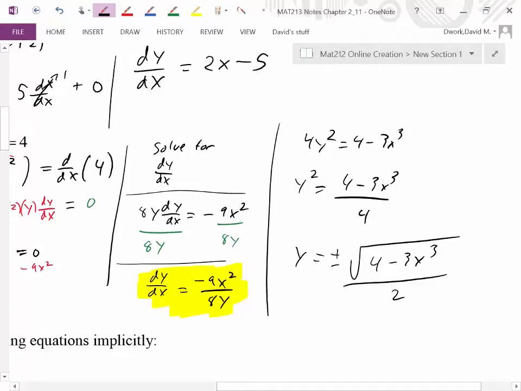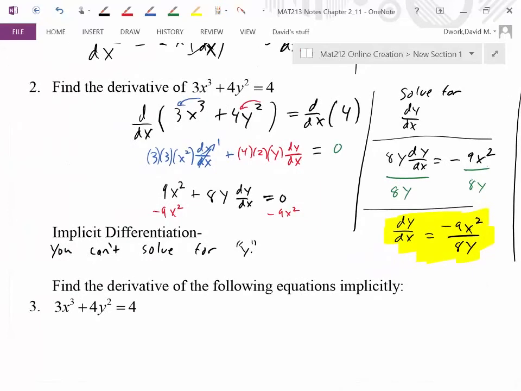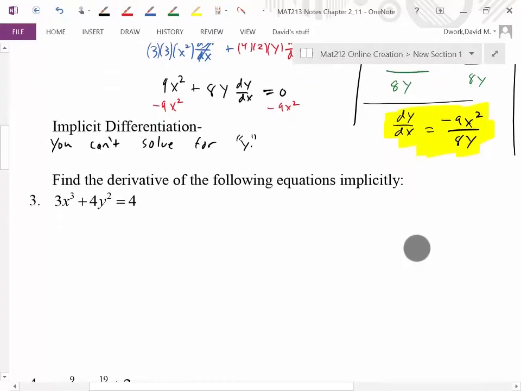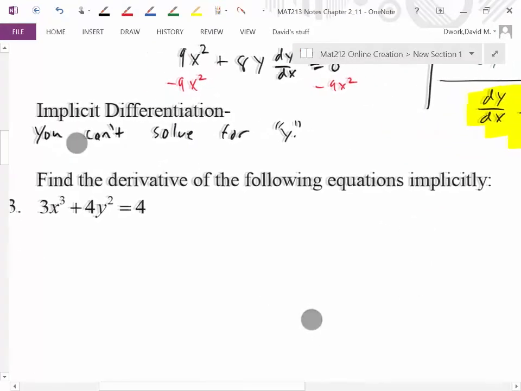There's no reason to make the formula so cumbersome and horrible. So don't. I hope that's kind of making sense. So one application: there are a few different times we'll use implicit differentiation, but one of the key reasons we use it is just when you can't solve for y. It's just too hard. Okay, so go ahead, pause the video, try this problem,